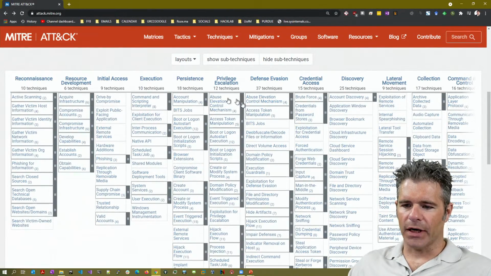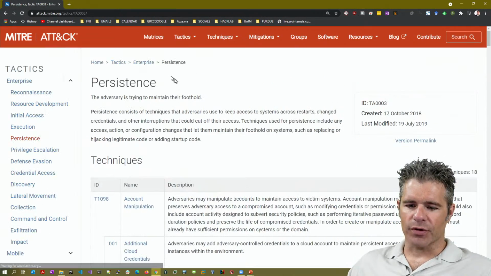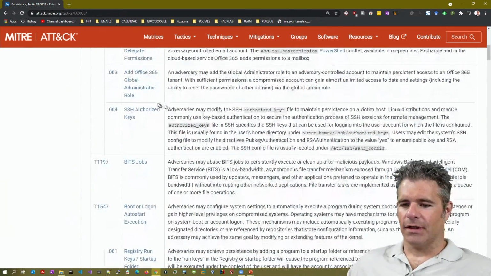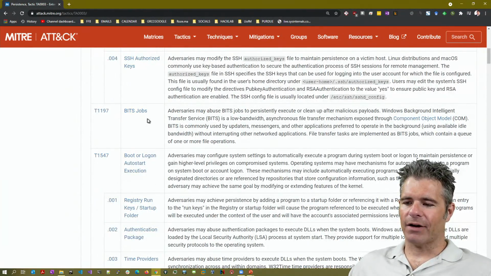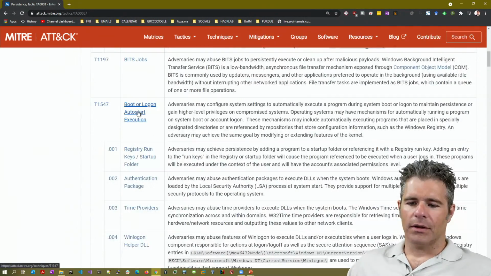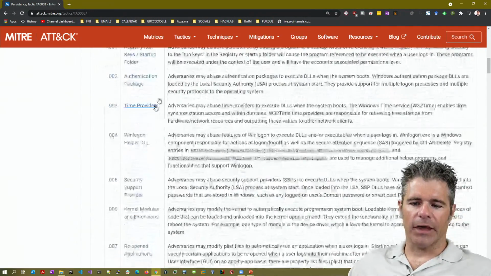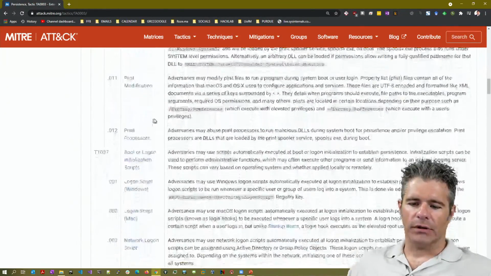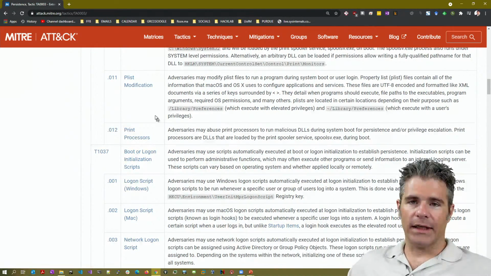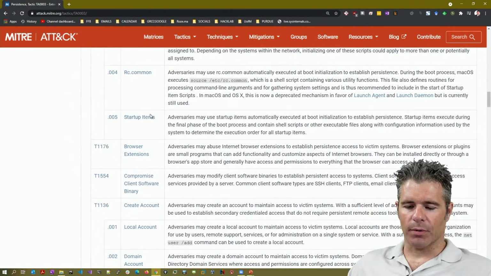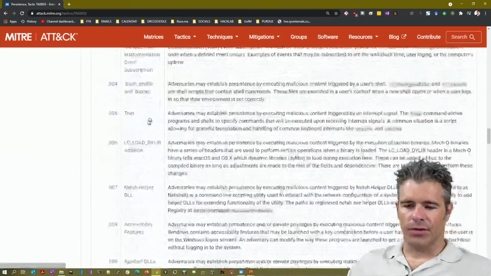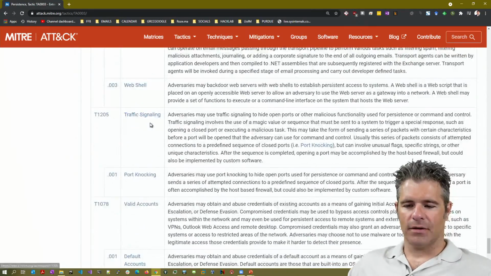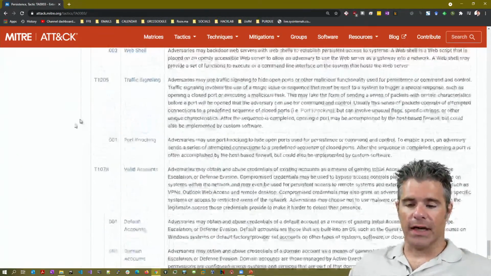And to come back to the MITRE ATT&CK framework, inside of the persistence list there are even more ideas for you if you don't have enough. Creating authorized keys or a background transfer service job, putting things in login, playing with the registry. All of those are legitimate ways to keep your ability to get into a system after your initial compromise. So there's more than just that quick little list we had there. But broadly speaking, we hit the high notes.